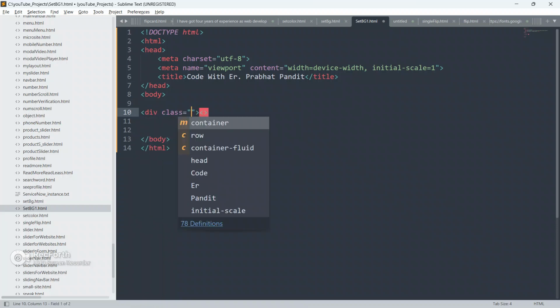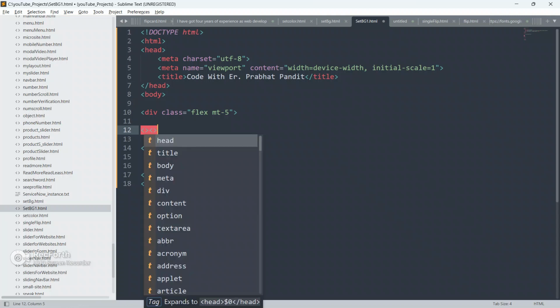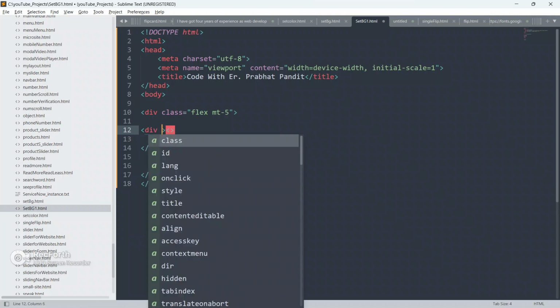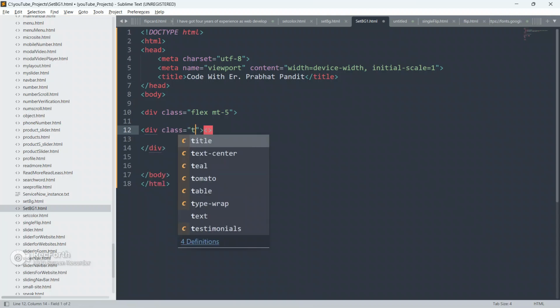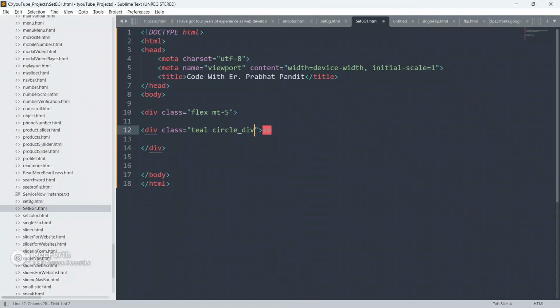So create a div guys. Give it a class of flex, margin top 5. Close this div, and inside this div, create another div. Give it a class of teal circle div, and give it data.